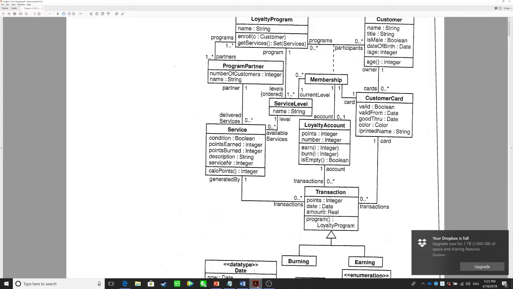That's why this service is using the information of the service level, because for every service delivered, if it's in a different level, the data of the transaction, earning and burning, is going to be different. Okay, so that makes sense. Then we want to